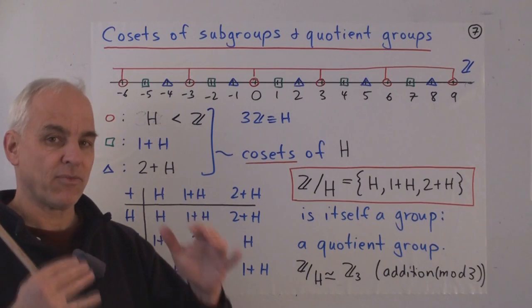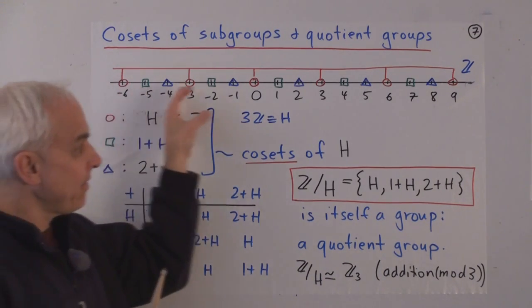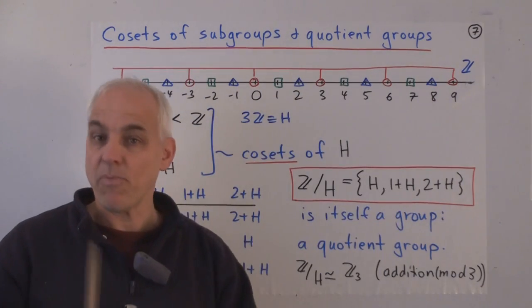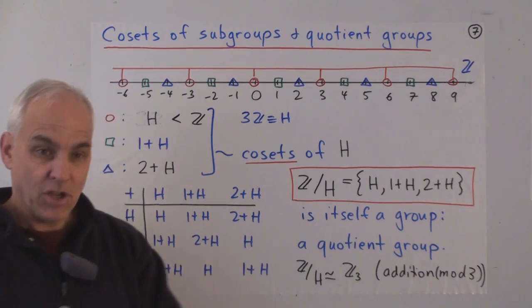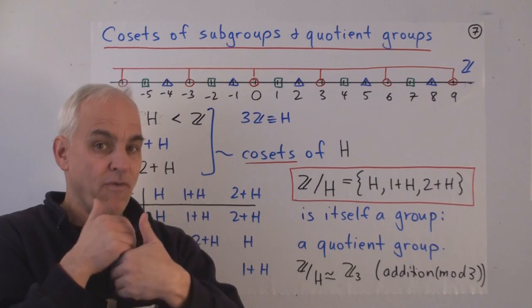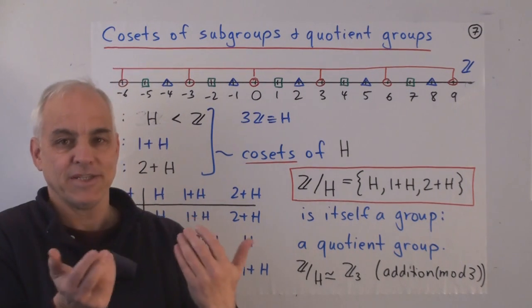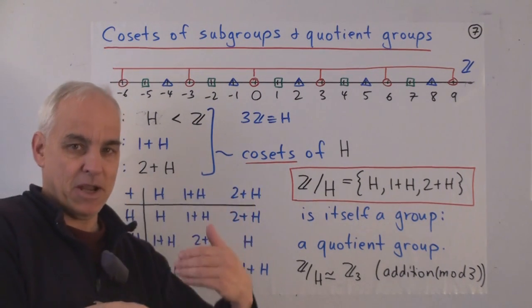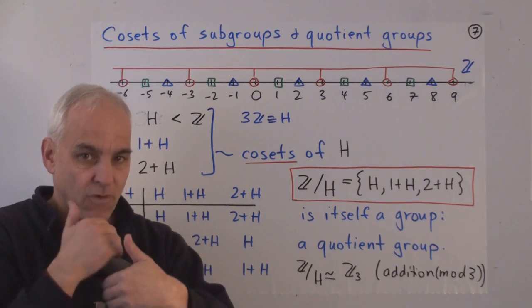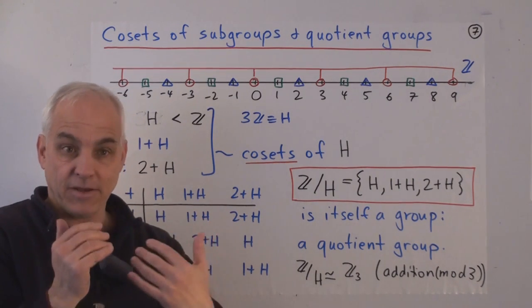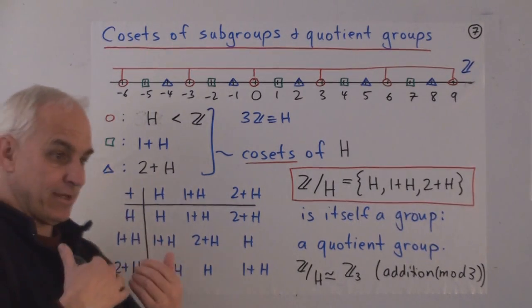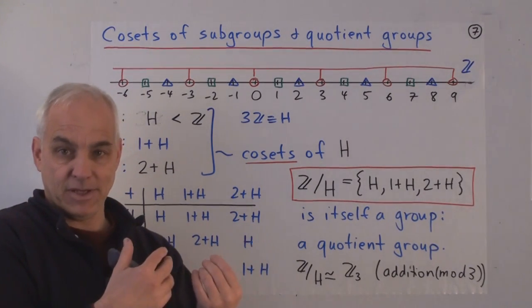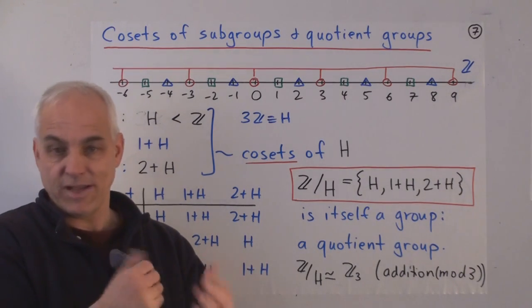So there are really only 3 cosets, and you can see that they subdivide or partition the group. This is a very important point, that cosets do not overlap. Well, unless they're the same, like 2 plus H is the same as minus 1 plus H. But otherwise, they do not overlap. They're distinct, and every element is in some coset, because you can always translate so that the given element is part of the translation.